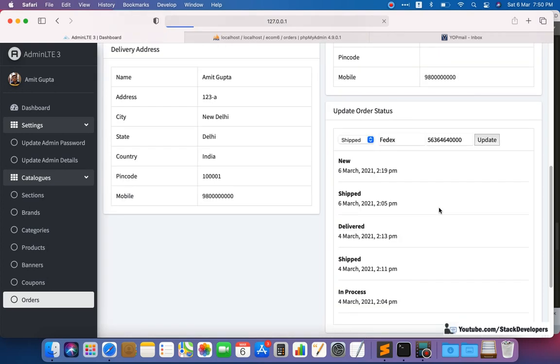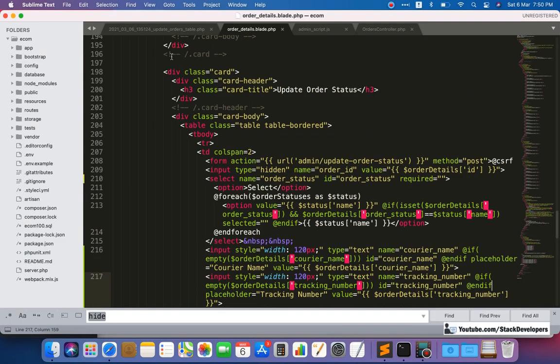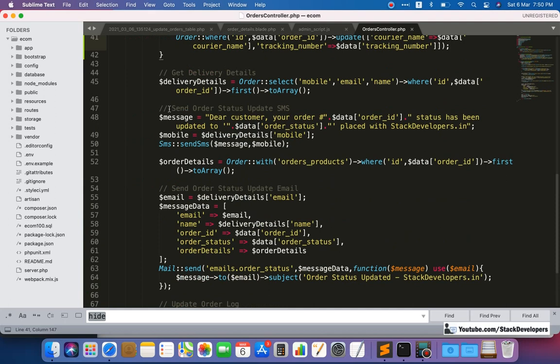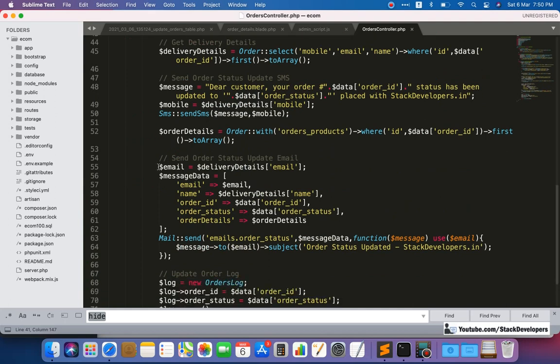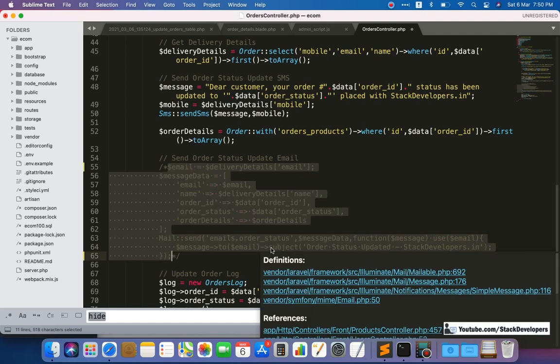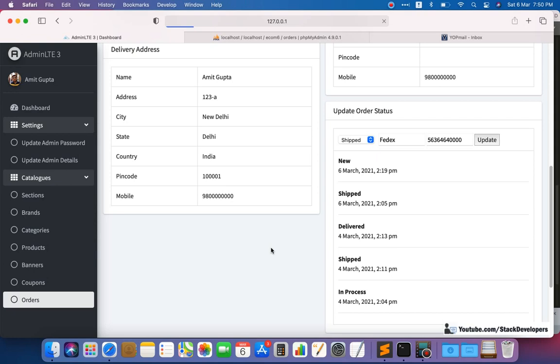It's stuck. No issue. I am going to comment the email code for the time being, so that we can test with other things. So I'm going to click on update once again and refresh it.